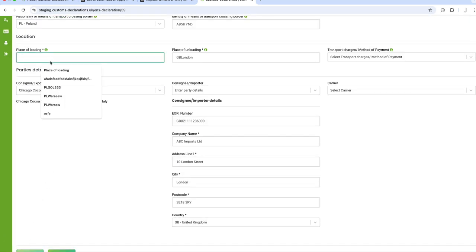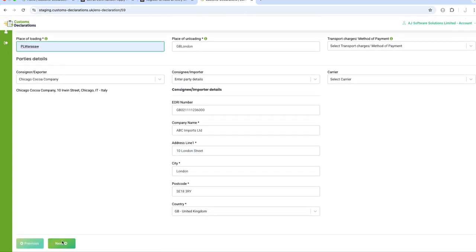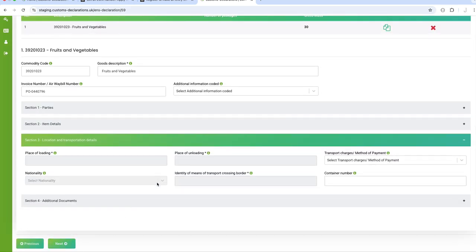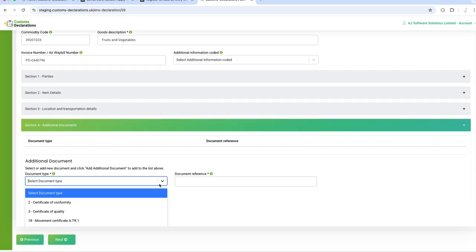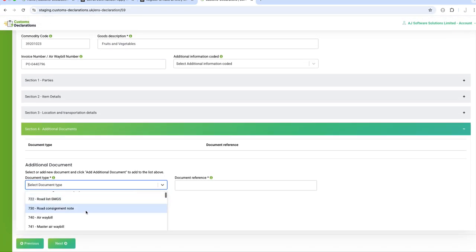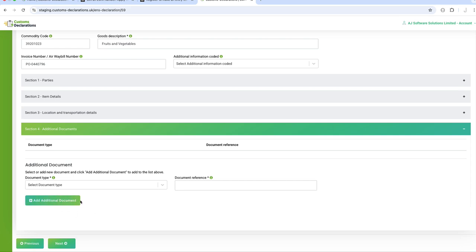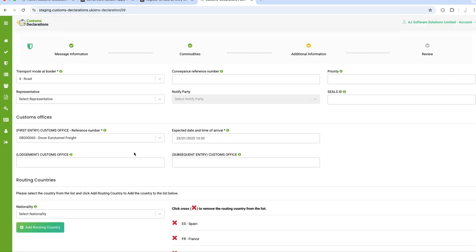Next, we can add additional documents here if it's applicable, and click the button add additional. This list is optional, but when we enter the code, these fields are mandatory. So I cannot add without these things. We'll add a check on that. If I click next from here,